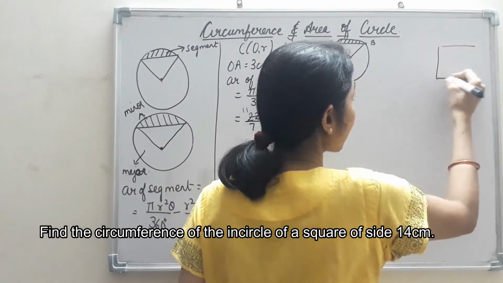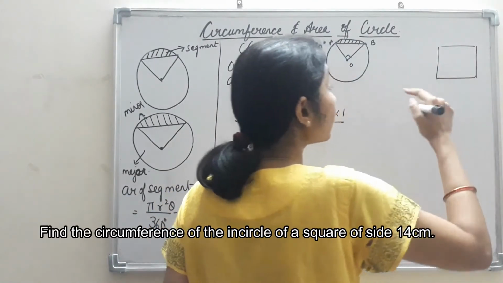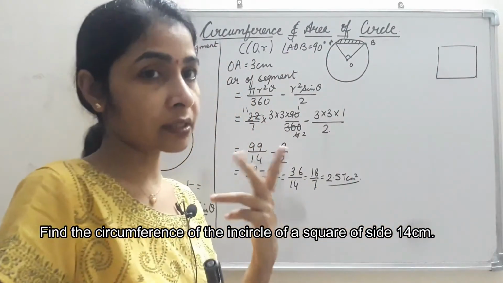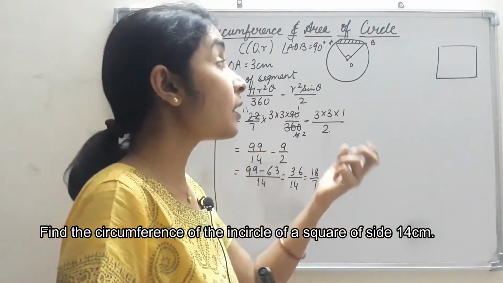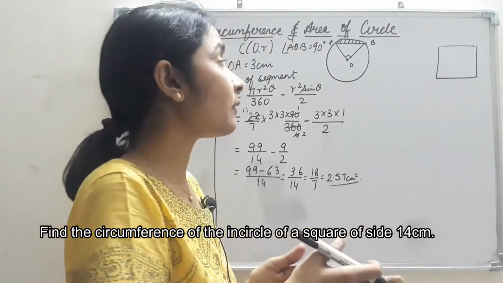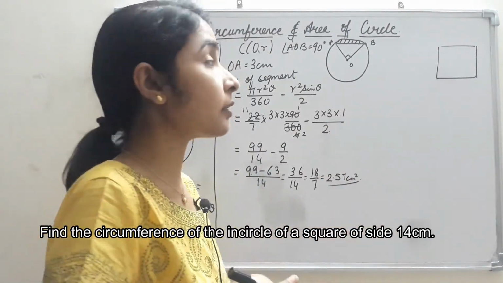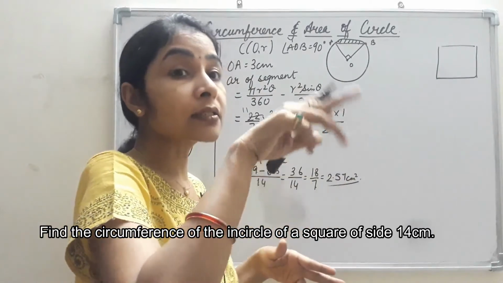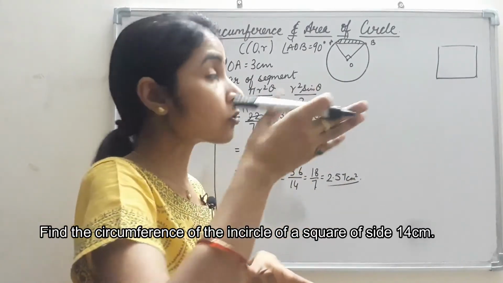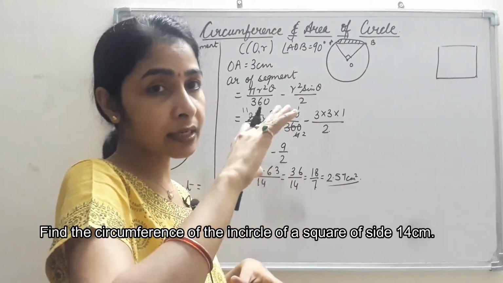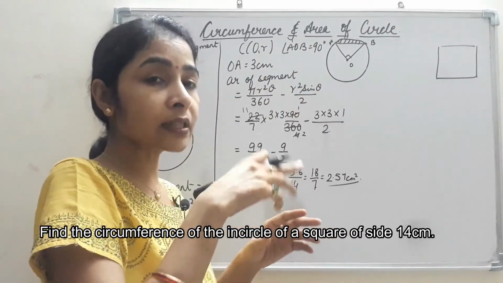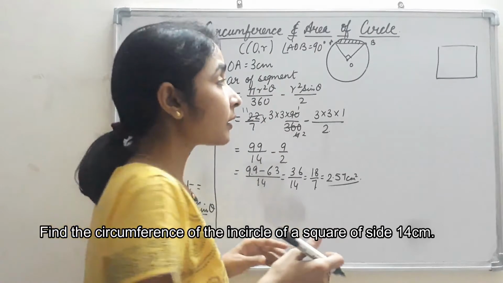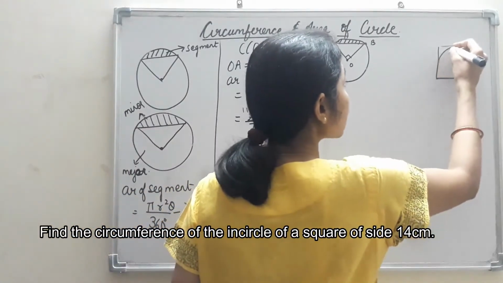So this is the square that is given to us, and what are inner circle and circumcircle? There are two categories of circle when we are given them along with some other figures: circumcircle or inner circle. The inner circle means it is inside. In stands for inside, so inner circle stands for it is inside the other figure, and circumcircle means it is circumferencing, that means it is outside the given figure. So here we are given an inner circle.